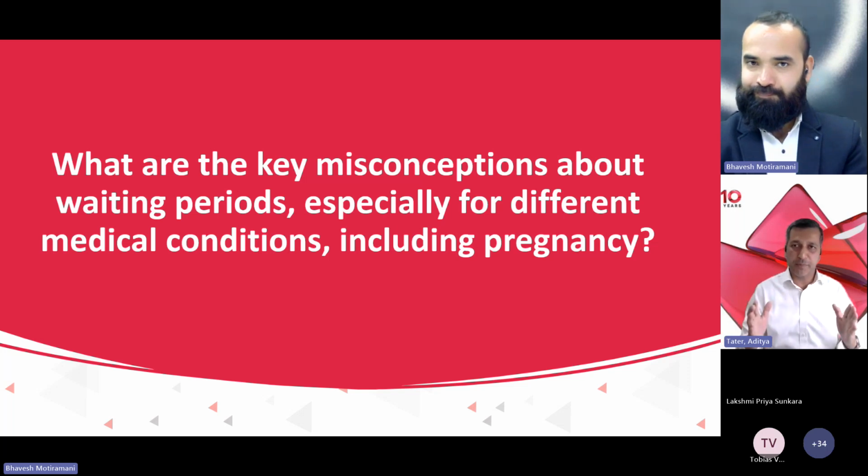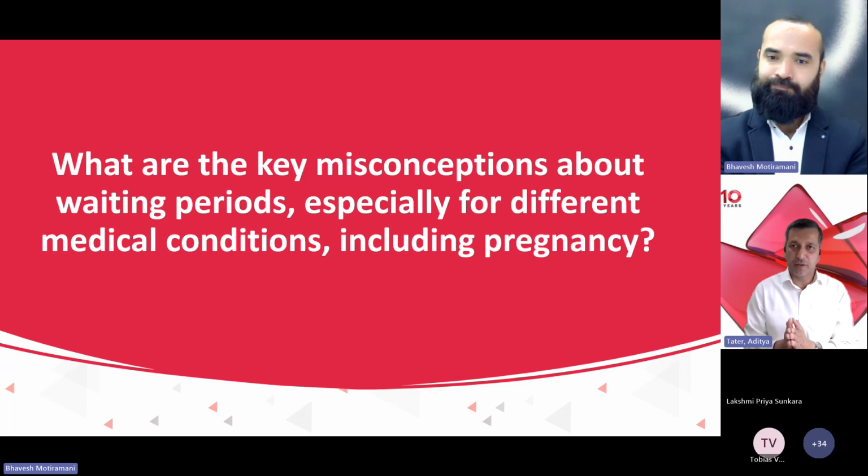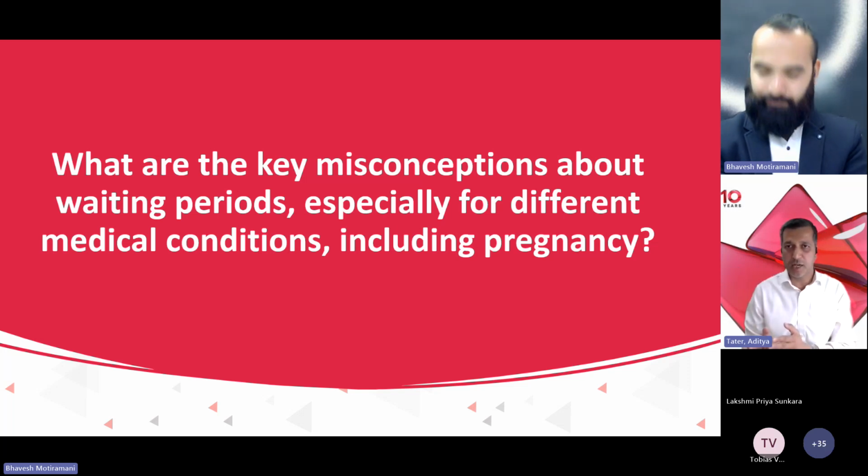But in terms of waiting periods, if they are moving on the same level of cover from one Australian health insurer to another health insurer in Australia,